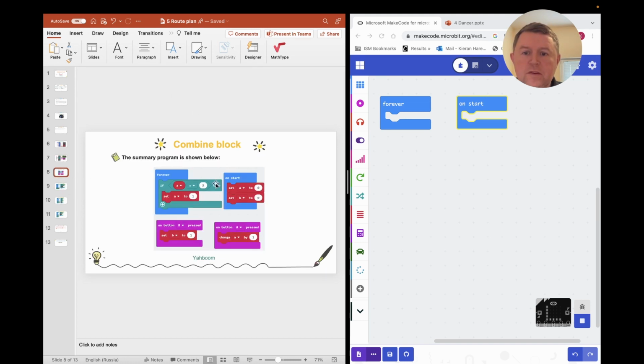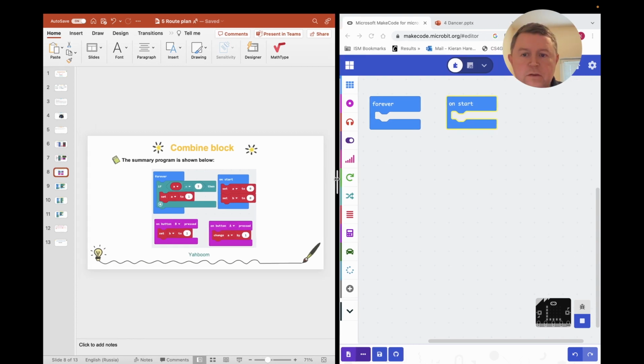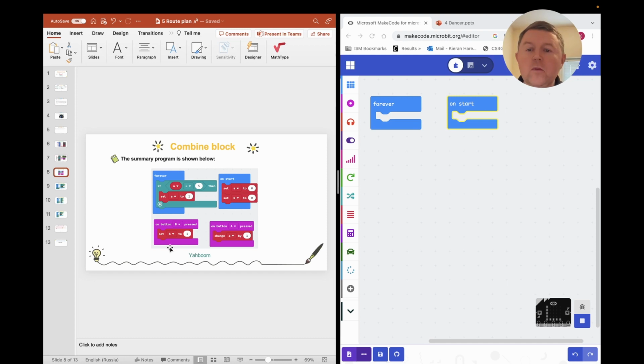here because we need to start with this one, and I'll explain what's going on here. I'm just going to make it a little bit smaller so I can see what's going on there. So here we've got some loops to begin with. So if a equals 5, then reset to 1. So what this allows us to do, we can program it to have like 4 different routes that we can plan. And then at the very start, we're going to have 2 variables here, a and b, and set them